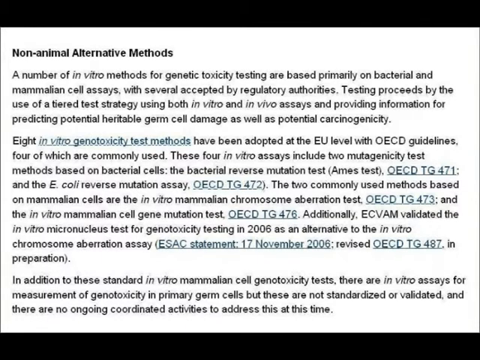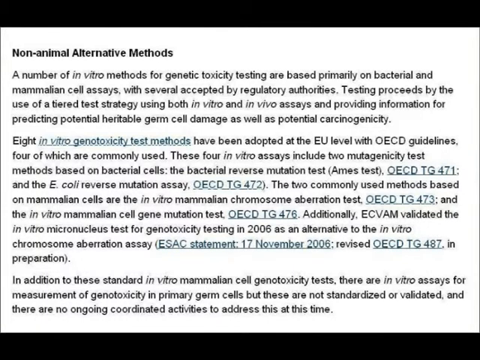As well as there being a lot of in vivo tests, this paragraph, the second paragraph, says there's lots of in vitro tests to test for genotoxicity. It reads, 8 in vitro genotoxicity test methods have been adopted at the EU level with OECD guidelines, 4 of which are commonly used. These 4 in vitro assays include 2 mutagenicity test methods based on bacterial cells, the bacterial reverse mutation test, Ames test, OECD-TG471, and the E. coli reverse mutation assay,